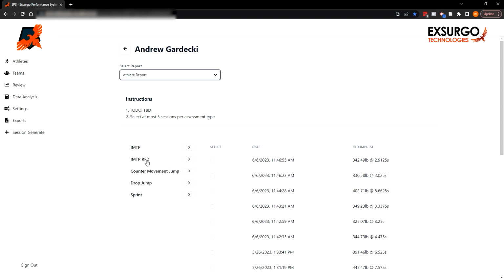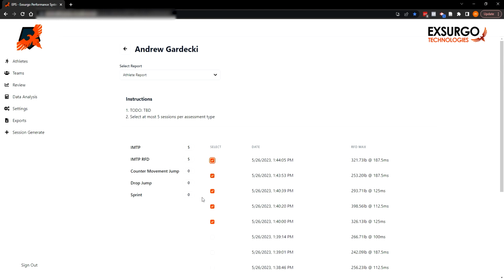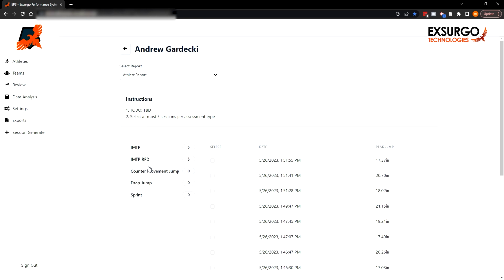As I mentioned, many different assessments. We're going to start with the isometric mid-thigh pull here. We'll just select, it looks like 6'6" has a good number. That tells us we've selected 5. Next, we'll click on IMTP RFD. These are from 526. You can compare the best efforts from different times. Not sure how valid that is at the moment, but seeing that all of these are really from 526, perhaps